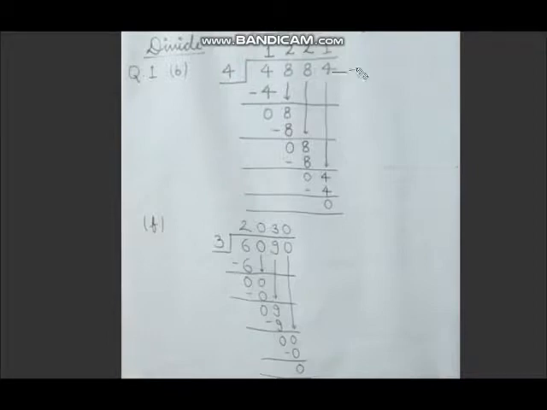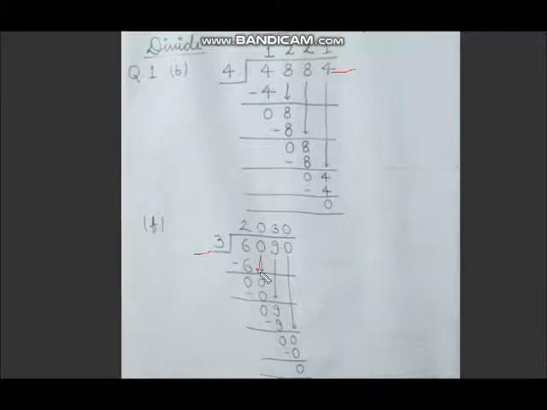Similarly, if there are 4 digits in the dividend, the procedure will be the same. हमें one by one numbers को divide करना है. And if the question is giving like this 6090, we are dividing this by 3. So first we will write the 6. So 6 के लिए हम क्या देखेंगे, 3 की टेबल में 2 times आता है, 2 we will write in the quotient and we will subtract this 6.